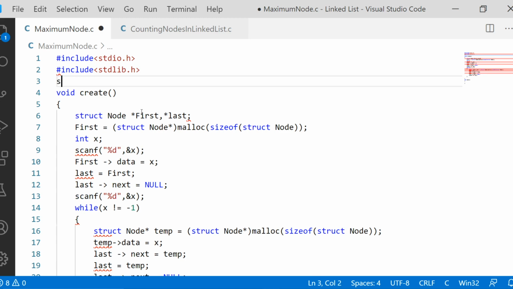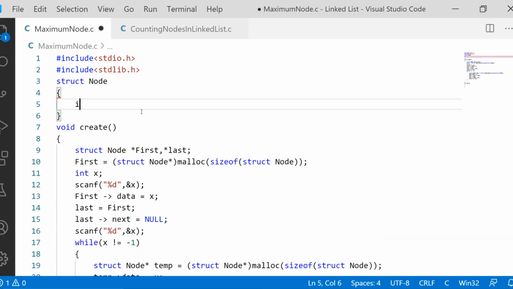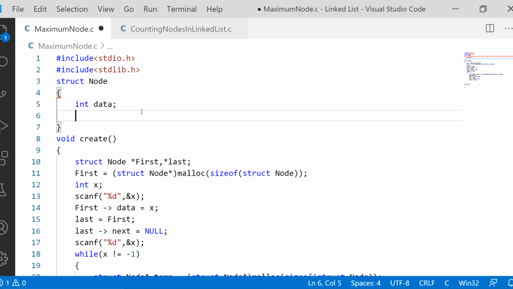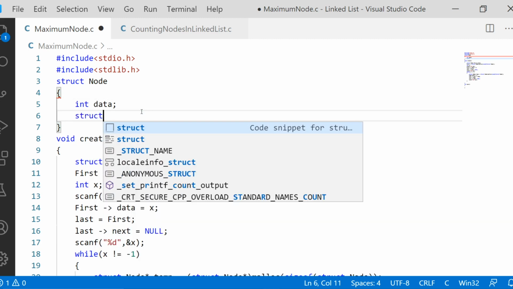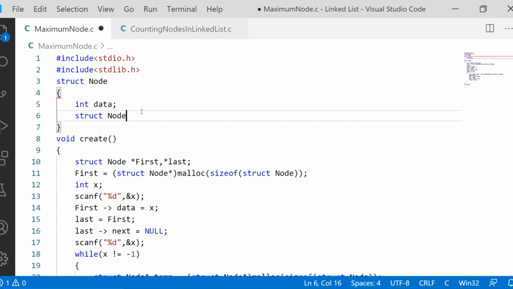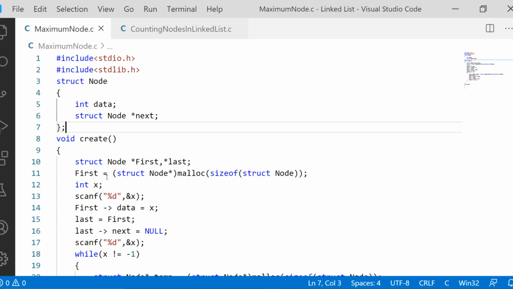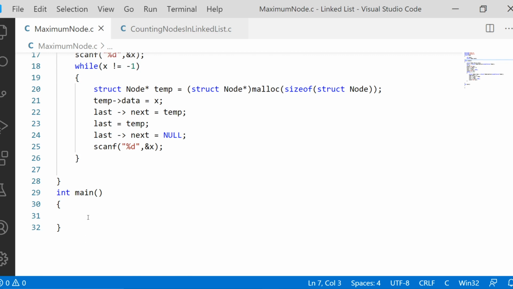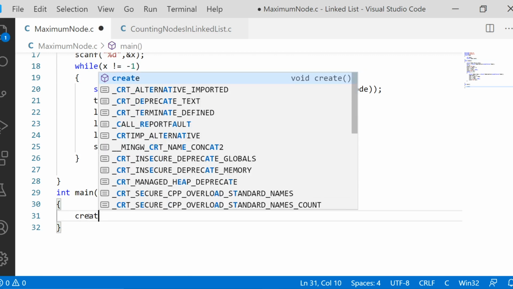The node structure is struct node, and we should have a data member and also a pointer member which is self-referencing. It refers to the node. So struct node star next. I think now there is no error showing up. So this create function we will be calling in the main method.